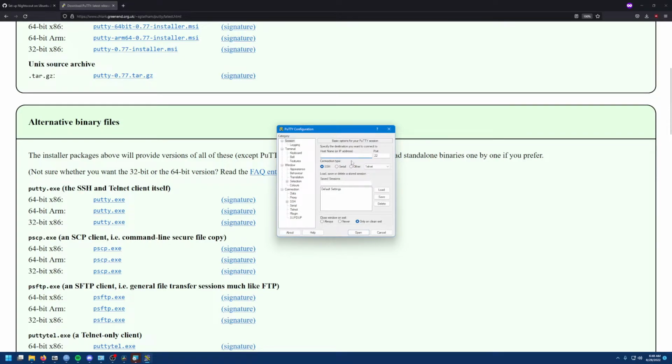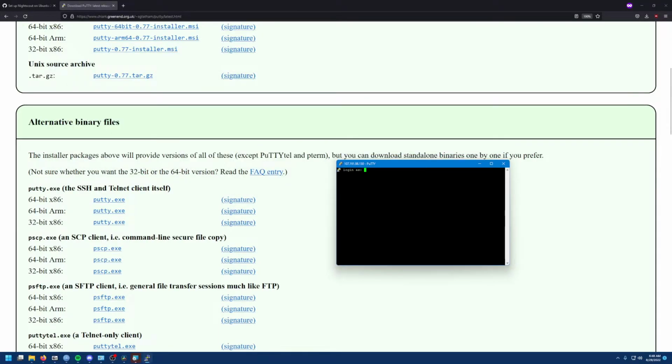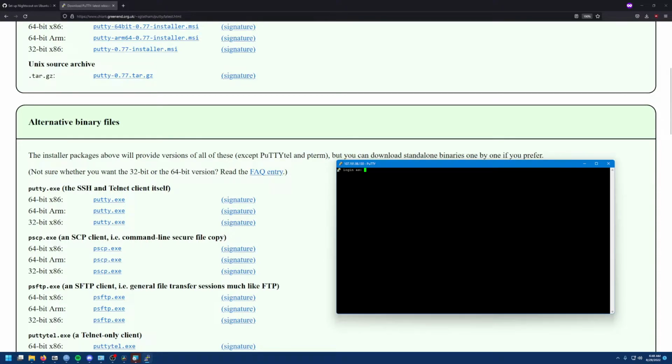You can open it. It's going to ask you to paste in an IP address, so we'll copy over my machine's IP, and then we click open. It's going to say login as, and usually it'll prompt you with a box asking whether the authenticity is valid.